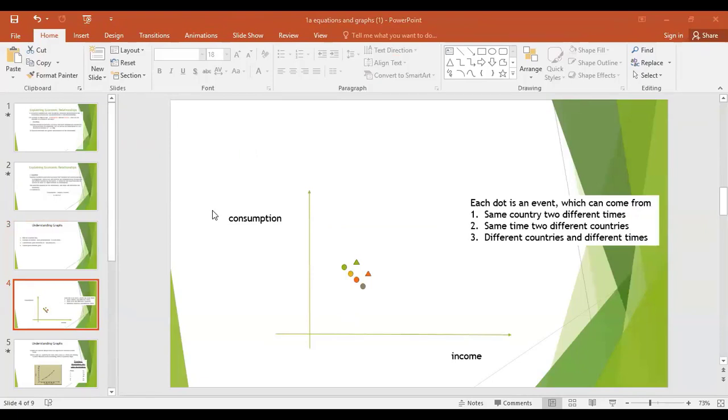So here I have plotted the graph and the case that we are discussing. Each dot on the graph is joint incidence of two things which are on the graph, and we usually keep the dependent event, dependent phenomena, dependent variable on the y-axis, and the independent variable on the x-axis. So each dot is joint incidence of both. If I select this dot, this triangle, it is telling us how far it is from zero in terms of income, how high it is in terms of consumption.